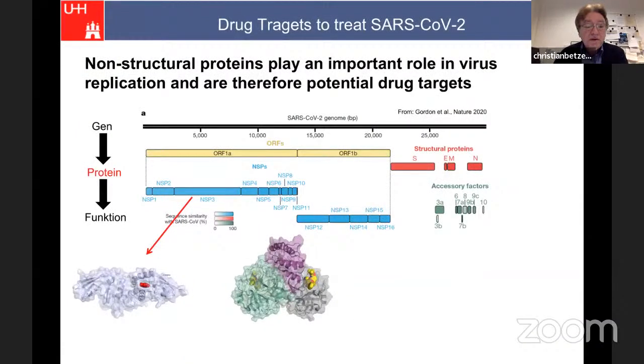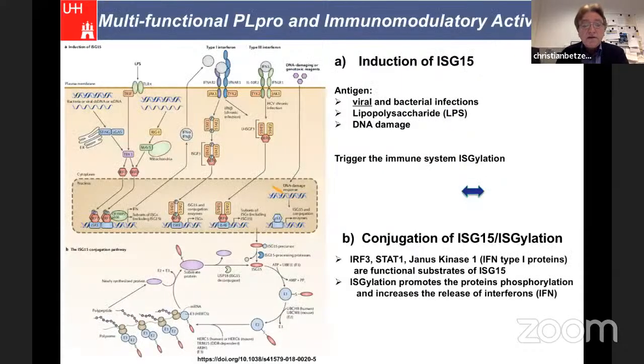I'm briefly coming back to the second protein, which is more interesting for me. This is the PLpro, also vital and essential for the virus. So we could succeed to crystallize this. And if you look in the PDB, there are hundreds of structures for the main protease, but only a few for PLpro, which is because it's very difficult to handle. Don't be worried about the slides. I'm just going along with the cursor.